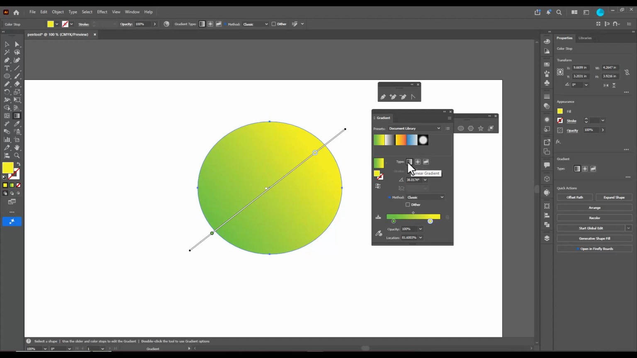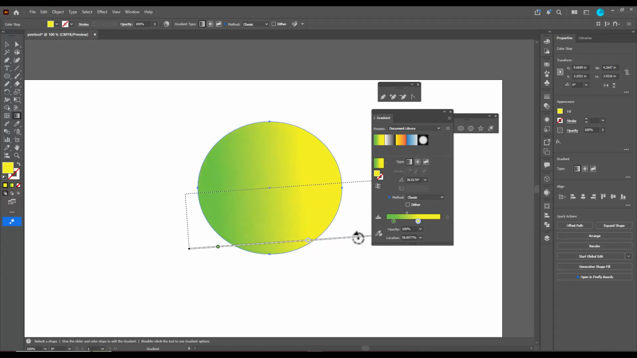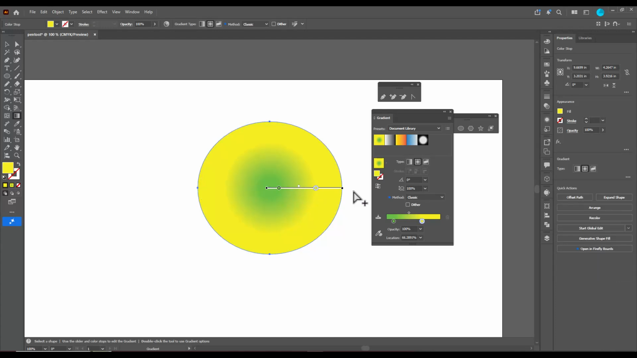Currently the linear gradient is active. Linear means the gradient appears in one straight line, either diagonally or vertically or horizontally. But if we want a radial gradient, we can just change the gradient type to radial gradient. So now we can see we have a radial gradient, and we can also